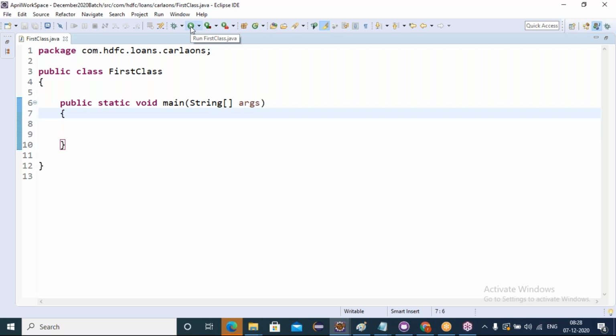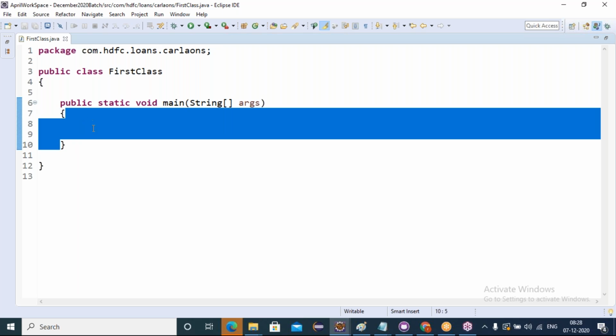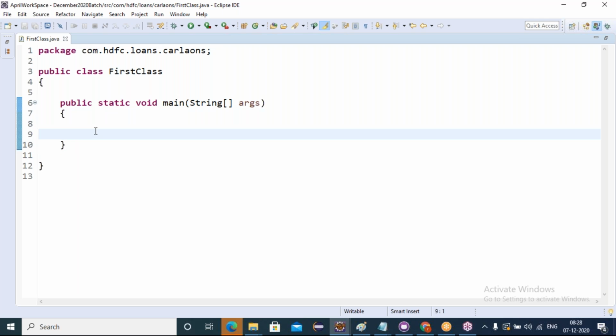If you want to run any Java program, just click on run FirstClass.java. Nothing happens. No statements were there. If we want to print something in Java, there is System.out.println. Like if you want to print in C language, we use printf. In C++ we use cout. In Python we use a print statement. But in Java, if you want to print something, the statement is